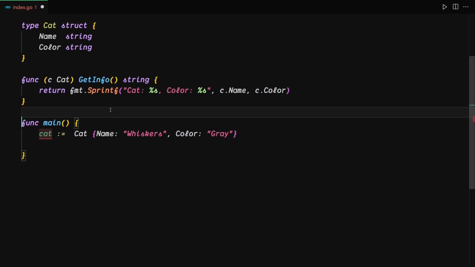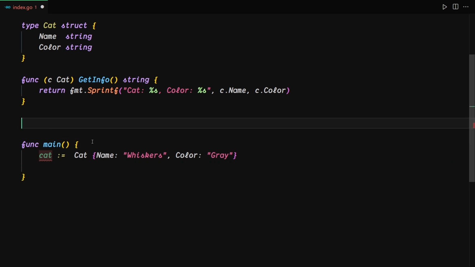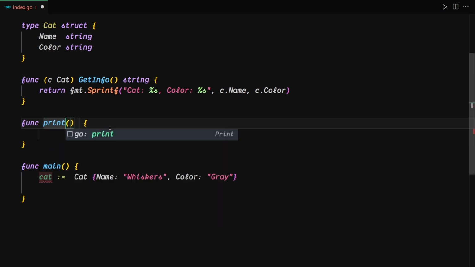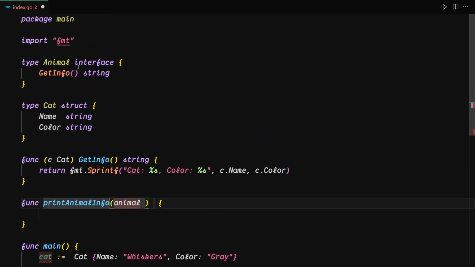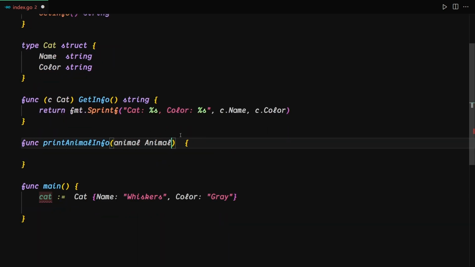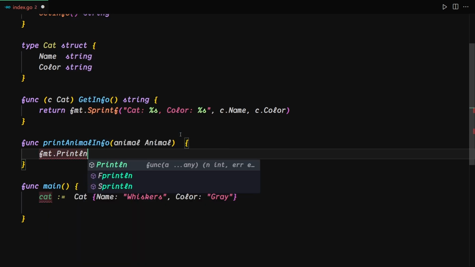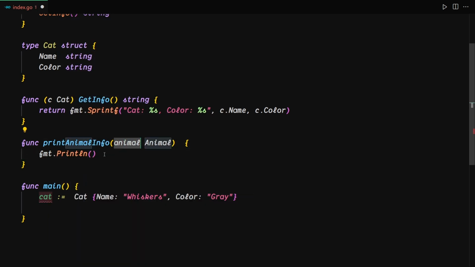But now what I want to do is create some sort of a function which gives us information based on this cat right here, or about this cat, whatever you want to call that. So I'm going to create a function given the name printAnimalInfo right here. It's going to be taking the parameter of animal, and I'm going to provide the type of this interface right here. So I'm going to copy that and place this type right here, and inside there what we have to do is write fmt.Println, and inside there we are going to be providing this parameter right here. Now let me copy and place that right here, and if I write dot,